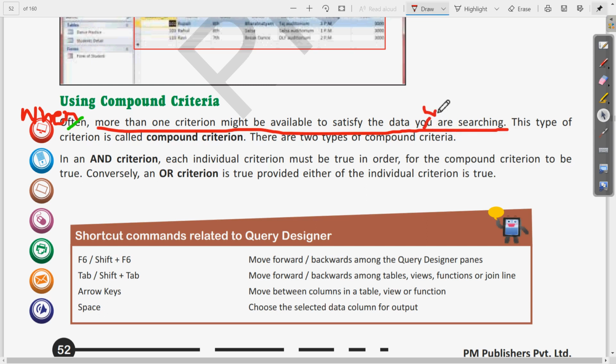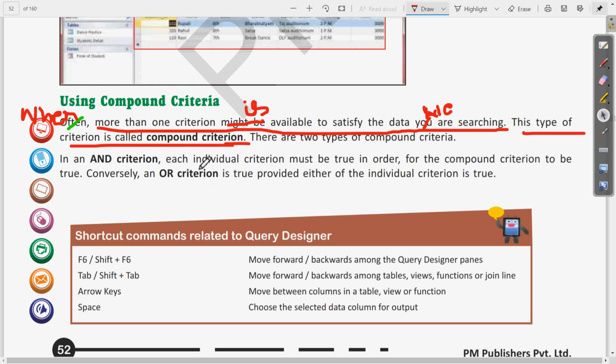At the place of you we will write V. When more than one criteria is available to satisfy the data we are searching, this type of criteria is called compound criteria. Clear? And after that only write and or.